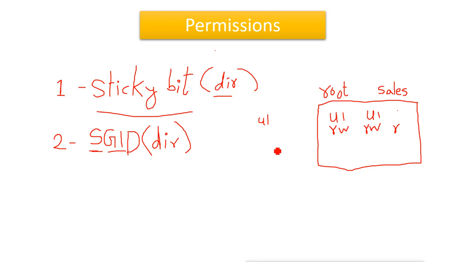If user 2 creates the file, the owner will be user 2 and the group owner will also be user 2, user 2's primary group. The permission by default, because of the umask for a normal user, is read write for the owner, read write for the group owner, and read permission for other users. Now what is the usefulness of setting the GID here?